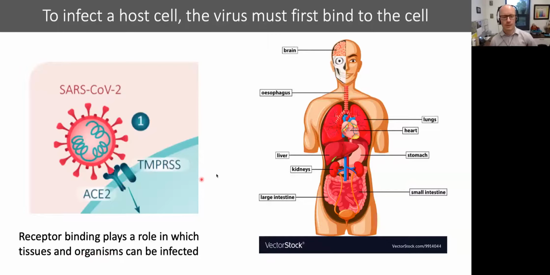I'll also mention ACE2 just briefly in the context of news that you may have heard about certain blood pressure medications. Some blood pressure medications may actually result in more ACE2 being present on the surface of some cells. And there's been some worry that that might lead to increased susceptibility to infection by SARS-CoV-2, because if you have more receptors, then there's a higher chance that the virus could bind to those cells and infect them.